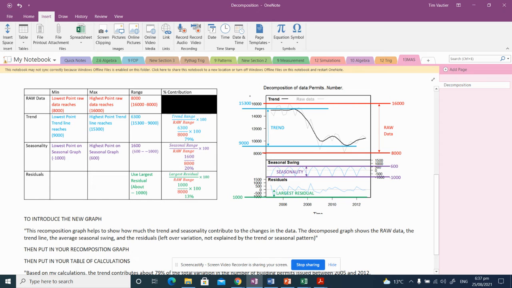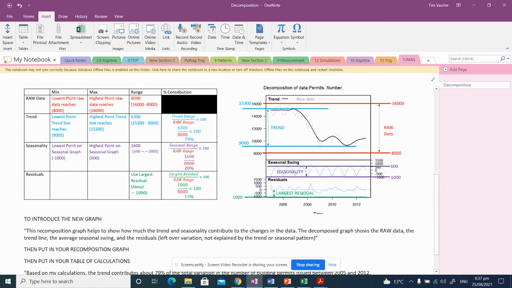Now, with decomposition, if we think about the word decompose, we can think about it as breaking apart. If something decomposes, it breaks apart. And so what we're doing, if we're looking at this graph here, it's broken apart. We've got the seasonal effect here. We've also got the residual panel, and we're looking at trend. We're looking at each of these things and how much they account for the variation that we see. And so we have this table that we use to help us. So we have some different rows: raw data, trend, seasonality, and residuals, and the columns min, max, range, and percentage